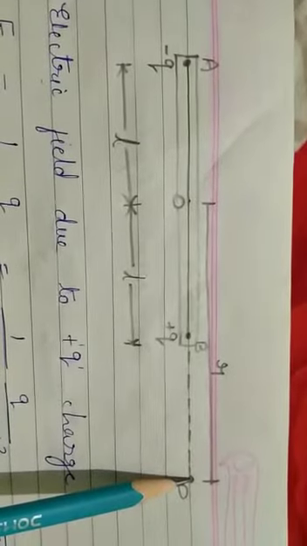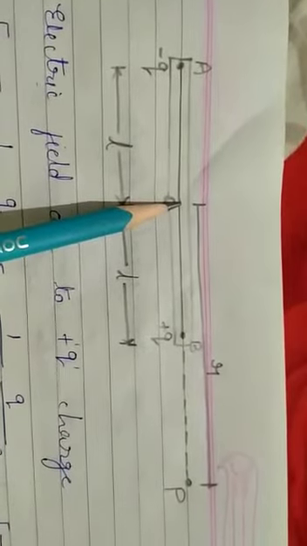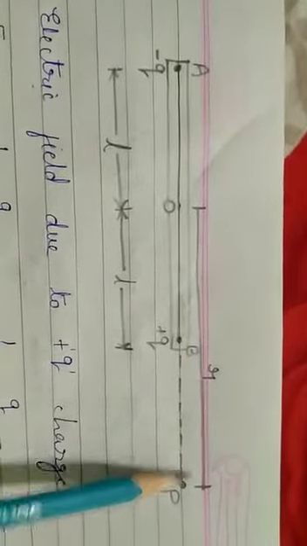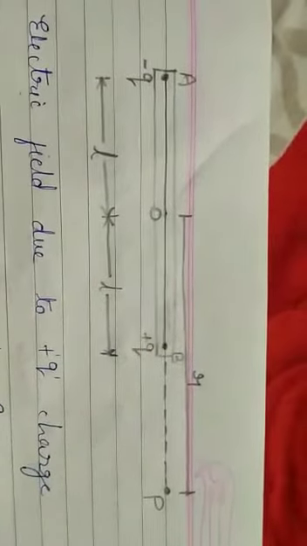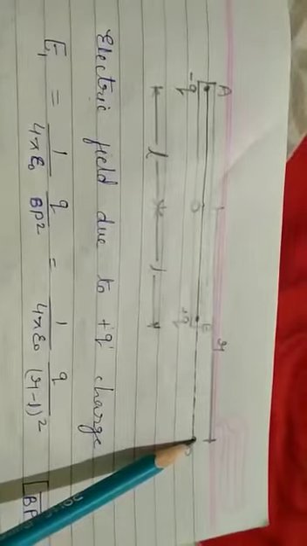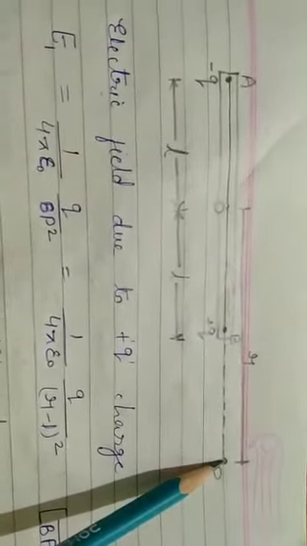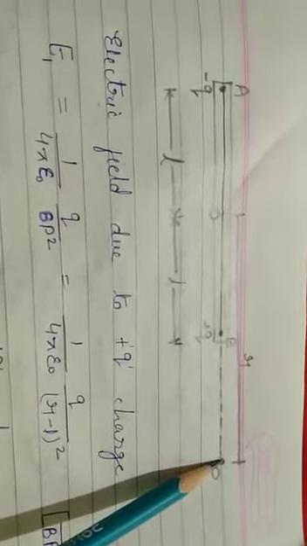Its distance, from where will we calculate? From O, from the center of the dipole. The distance of this point P from O is r. So this arrangement and diagram are clear to you all. Now, one more thing I want to tell you: whatever point P we take, we always imagine that we are putting a positive charge there. The test charge is always positive.